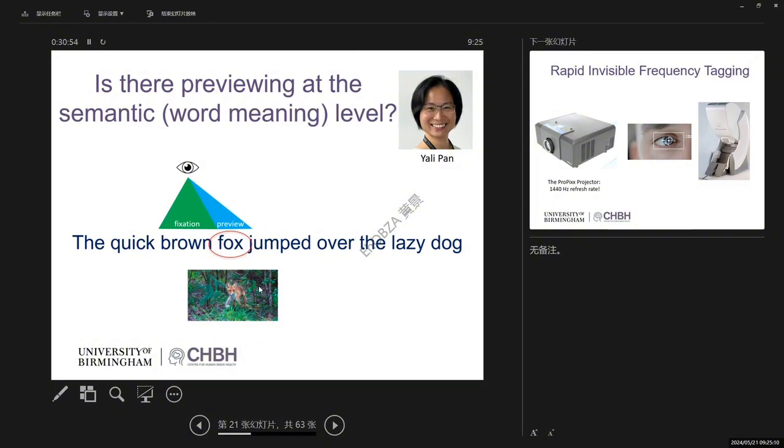And again, this has to go on a very fast time scale, since we only have 250 milliseconds per fixation. Again, 100 milliseconds are devoted to the saccade. So within 150 milliseconds, we have to derive the meaning of the word and integrate it into the sentence, but we also need to prepare the future saccades. So how is that done?